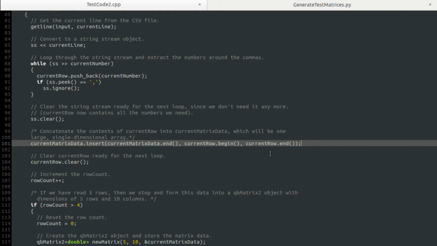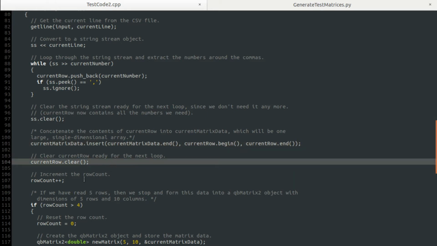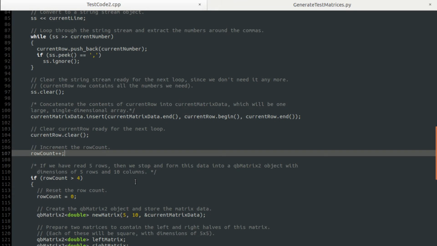So each time through, each line is 10 elements, 10 numbers long, and each line that we read in is then going to be concatenated to the end of current matrix data. So the first time through, this current matrix data will then contain 10 numbers. The second time through, the next 10 numbers are added to the end of that, so it will then contain 20. And the third time through, it will add the next 10 numbers onto the end of that, so it will contain 30, and so on. We then clear current row, ready for the next loop, and we increment our row count because we've now finished